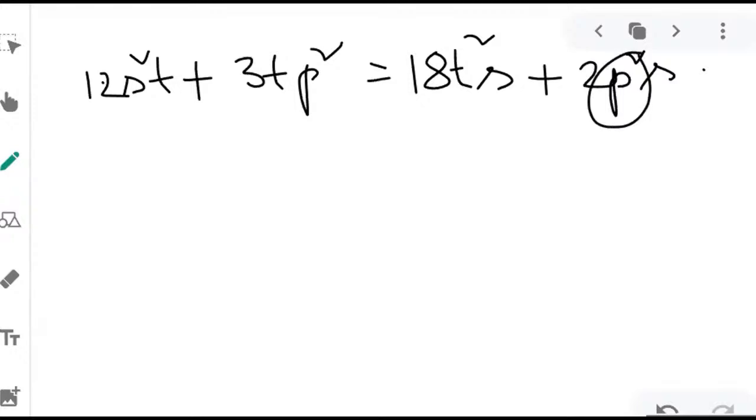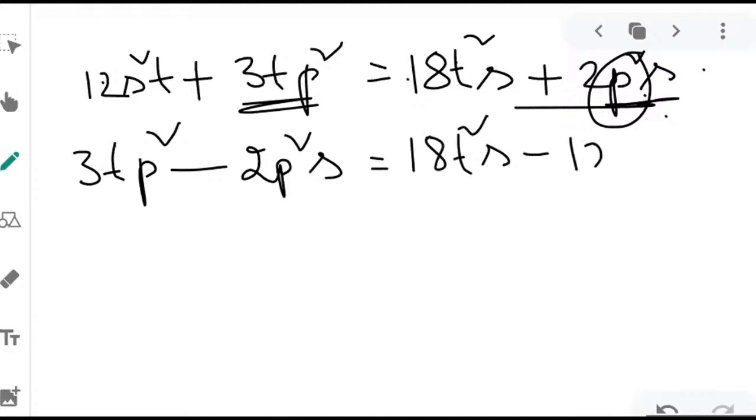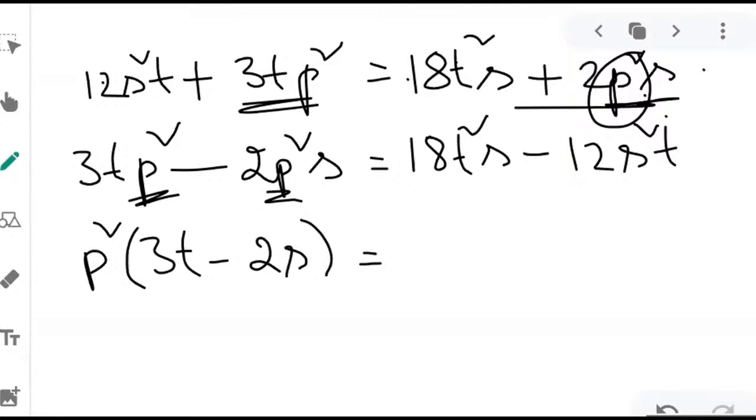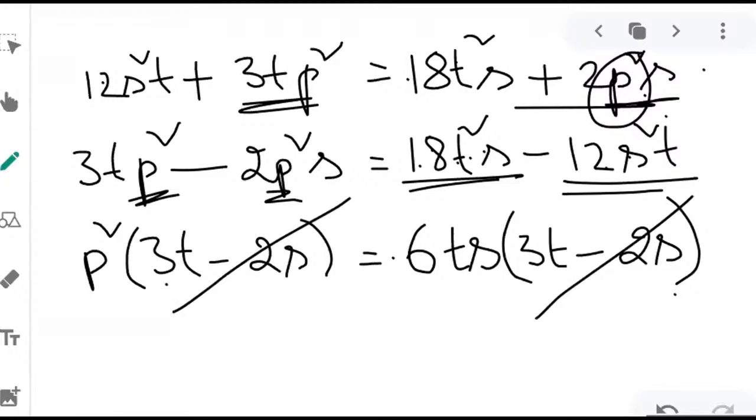Okay, I need to get p square in terms of s and t. So I'll bring the p square to one side. 3tp square minus 2p square s is equal to 18t square s minus 12s square t. Right? So what is common here? p square into 3t minus 2s is equal to, what is common out of these both? What is the common factor for 18 and 12? 6, and 1t and 1s are common. So if you take 6 out, this is 3t minus 2s. 3t minus 2s is common on both sides. So p square is equal to